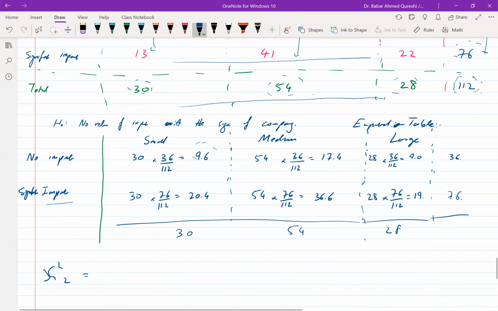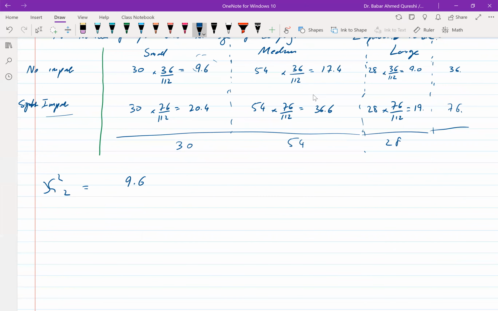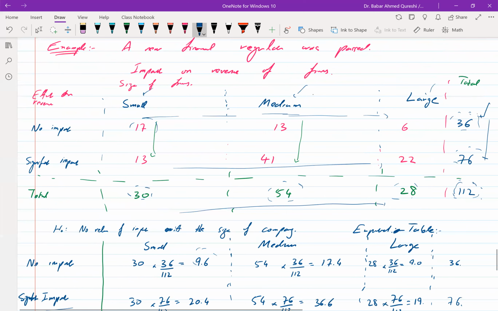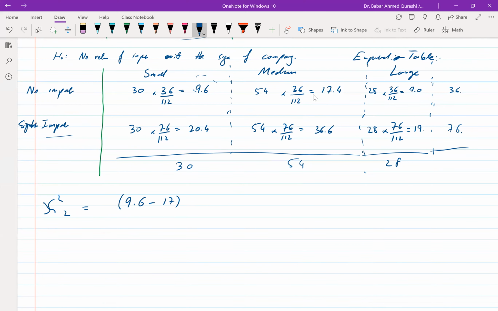And to compute it, all you have to do is, again, you have these 6 numbers, so compute the differences of these 6. 9.6 minus 17 square over 9.6, and so on. You will get a chi-square value. Just do the sum,